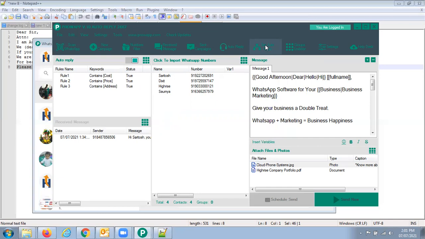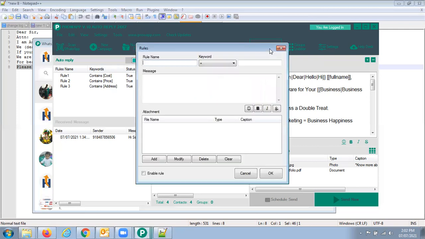So what we do is we just send them a message, and if he replies on that number, it is visible here also. But if he is asking, like, what is the price, what is the cost of this, where are you from, we can create different replies against that. How to create this? Set auto reply, right?